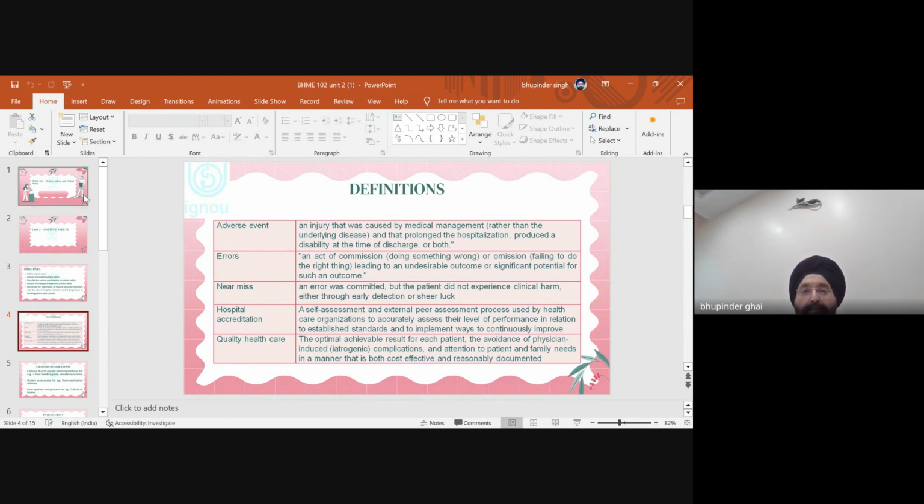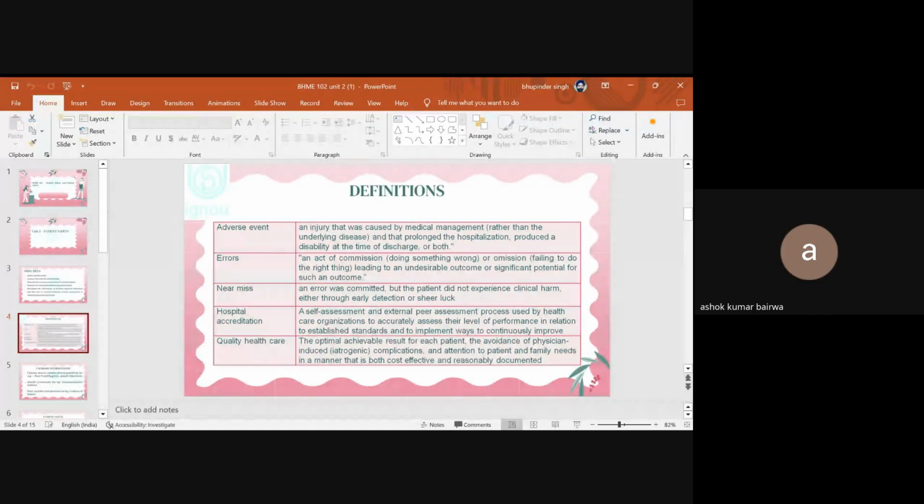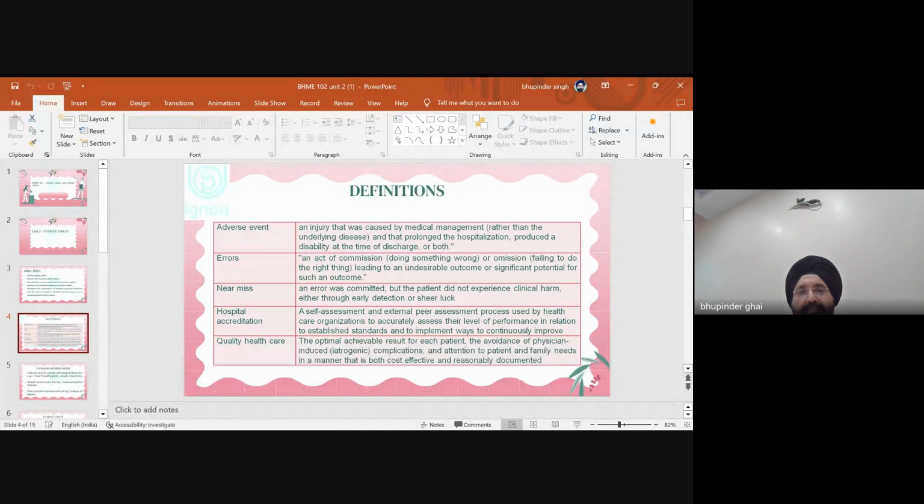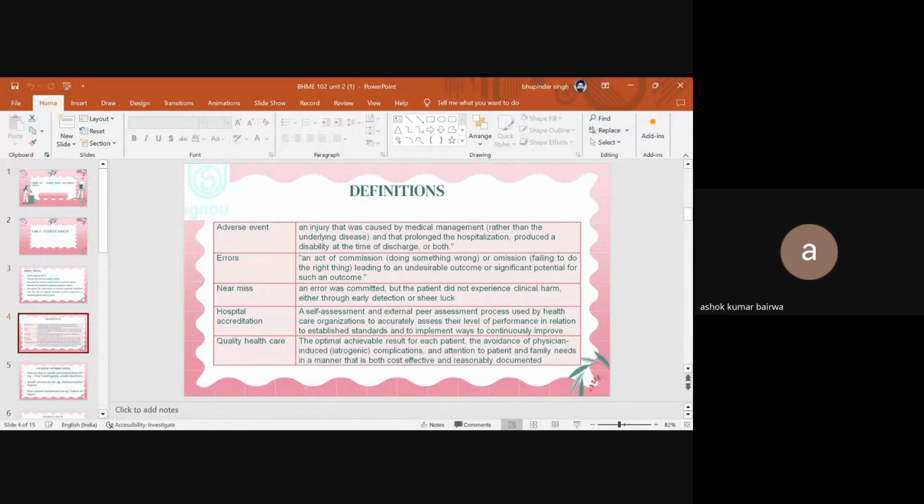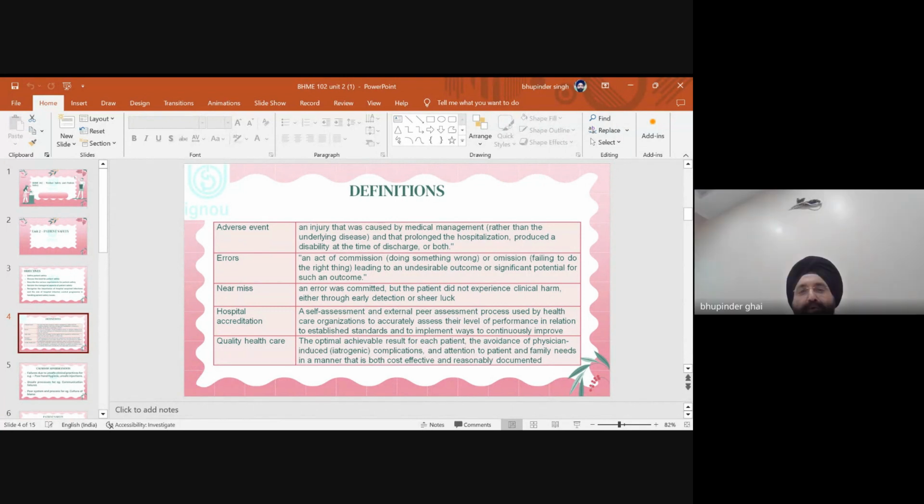Then there is error. In error, there is an act of commission and act of omission. Excuse me, sir. Yes, please. Sir, adverse events: if a patient is staying prolonged in hospital and there is disability at the discharge time, in that case, who is responsible for that? No, you are omitting the main thing. This event occurred due to